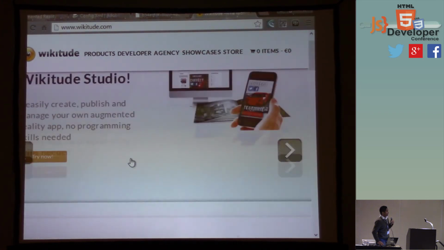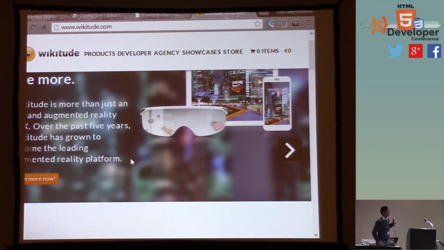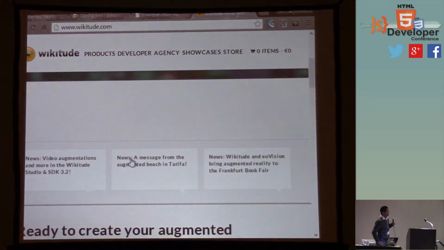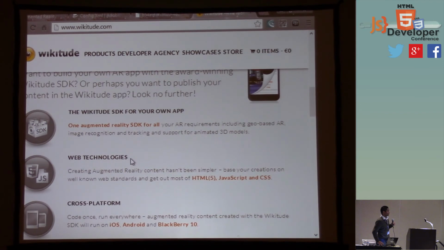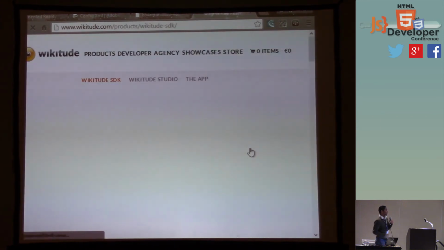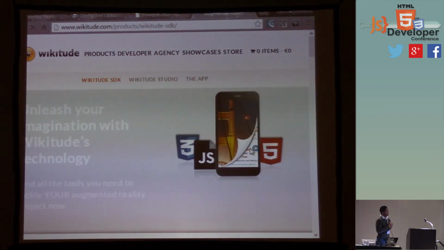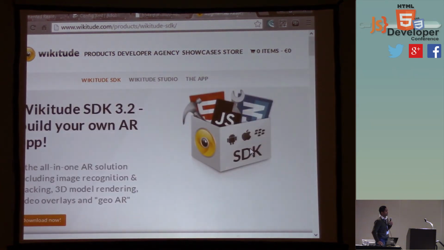They're saying easily create and publish mobile apps without any programming, using web technologies. So this is the one. If you're going to try to do this on Android, I think this is probably going to be the easiest way to get access to that.